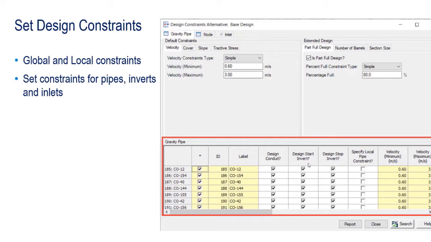That option you can specify in this 4th column, that is specify local pipe constraint. If you have some local data for that pipe, you can input that in the pipe properties and you can check on that, so that will be used when designing that pipe.